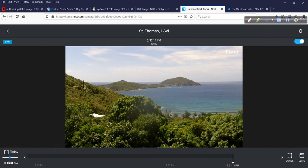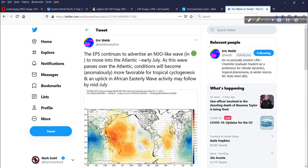Beautiful shot there looking north from St. Thomas, and this too will be able to see the Saharan air layer move in, and I'll show you. All right. So when is the Atlantic going to get busy again, or the Eastern Pacific as well, for that